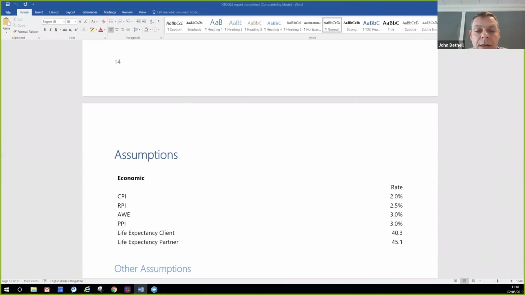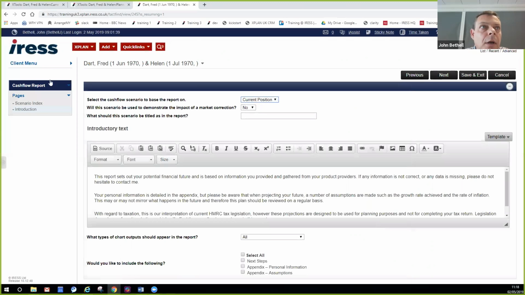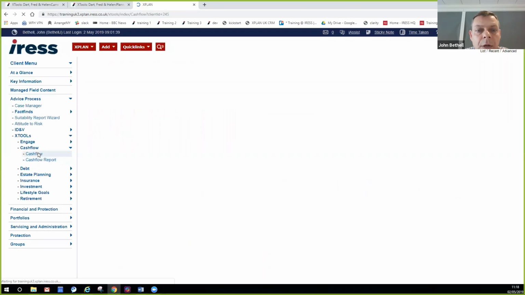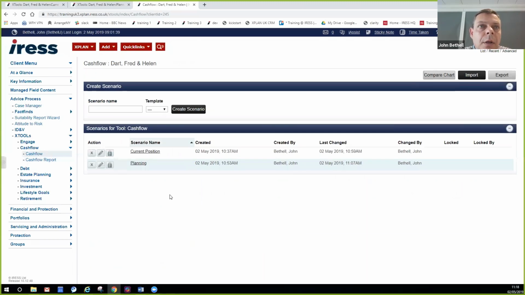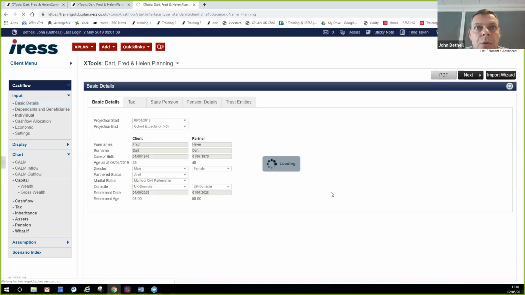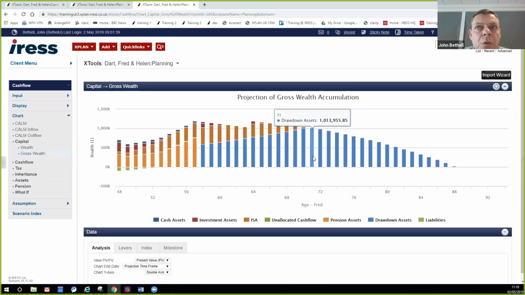Does this tool create a tax wrapper analysis? I'm not quite sure how to answer that, other than to say, if I go back into the client menu and back into cash flow, and go into the planning, when I go into things like the capital wealth chart, this shows you where your assets are based.